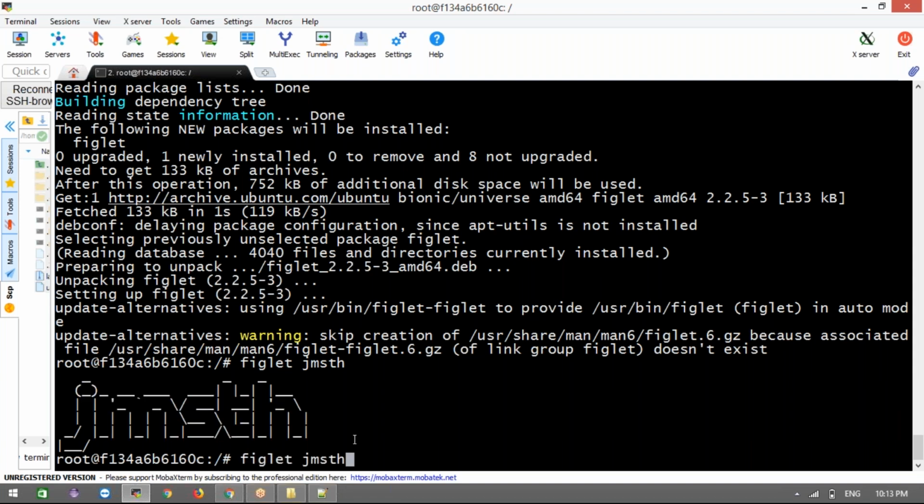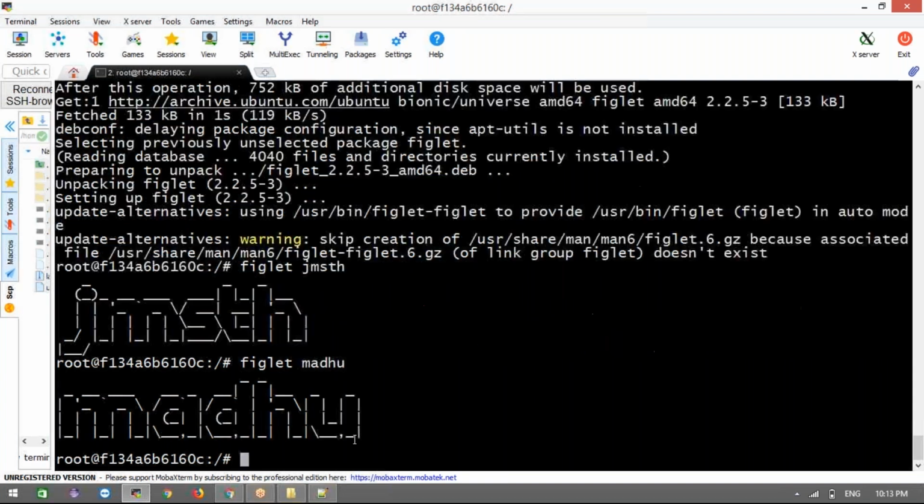If you give that, whatever it may be, figlet, it will give the stylish name. Now tell me, this Ubuntu container, what things are there? Ubuntu software is there, along with whatever we install, right? Figlet software is there, yes or no? Yes, right? Now what does it contain? It contains the Ubuntu software along with the figlet software, right?